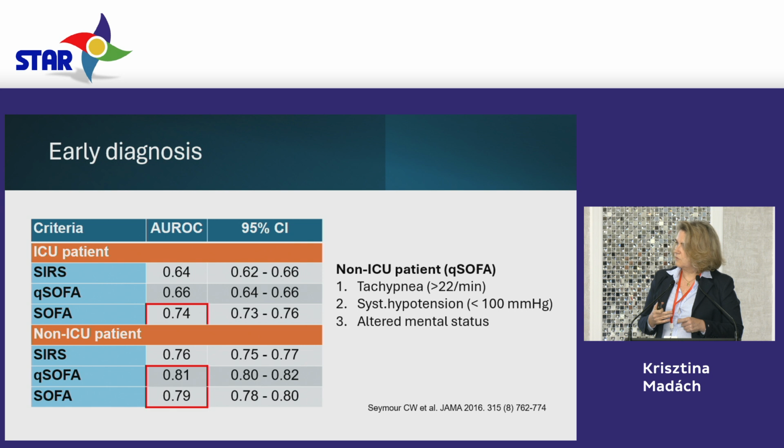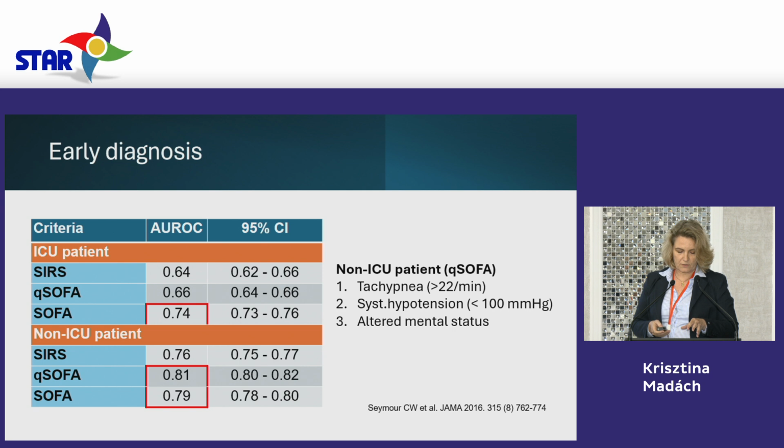Inside the ICU, it's quite an easy question because we are at the bedside 24 hours a day, monitoring the patient, and our first question is, how is the patient? Quite an important question. You can see that even the SOFA score does not have big specificity or sensitivity within the ICU. But the main question is outside the ICU, recognizing the patient in need. And for that, for the moment, quick SOFA seems to be a good beginning point, with an area under the curve of about 0.8.